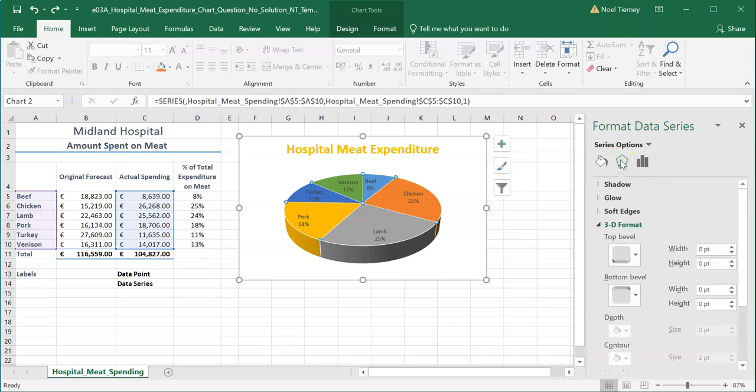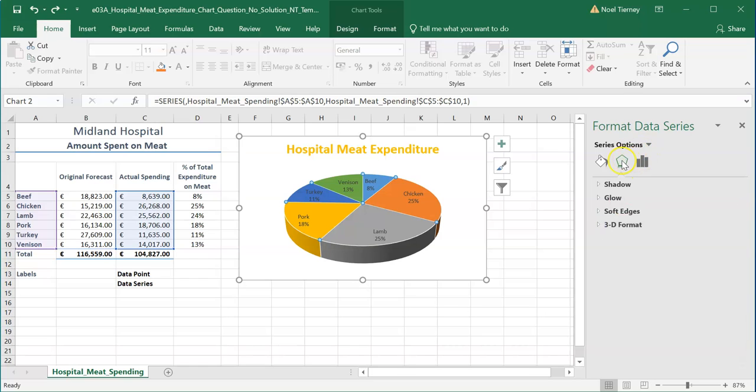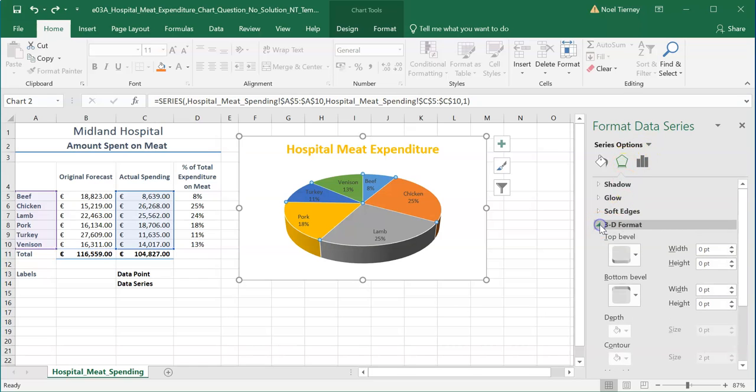So under Effects, we can influence the appearance of our chart. So as you can see currently, we have these various slices and there's quite sharp edges here. So we can change the appearance of the charts, maybe so it's more smooth looking, etc. So we'll try and change some of those. So we're going for the 3D format. Okay, so under the effects, choose 3D format, and then we're looking at what's called bevel, and bevel is